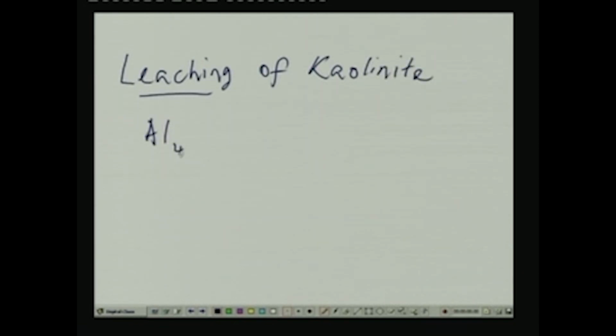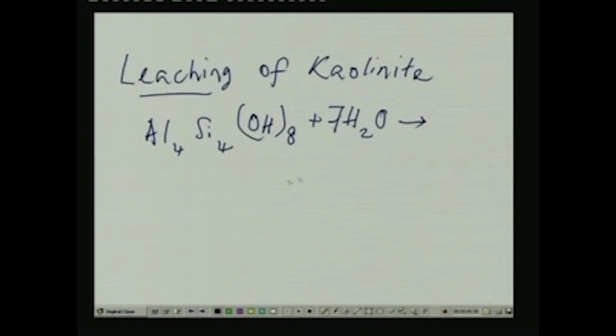So here what you will get, as I indicated, kaolinite soil has this kind of chemical composition, and leaching takes place mainly in presence of water, and what you will end up with is hydrated alumina or gibbsite